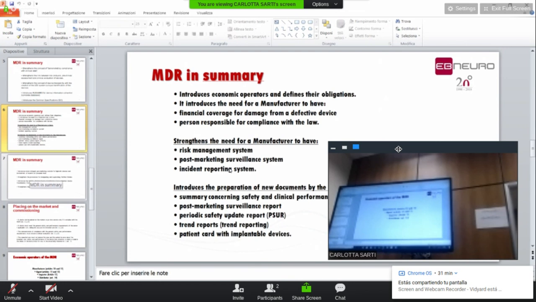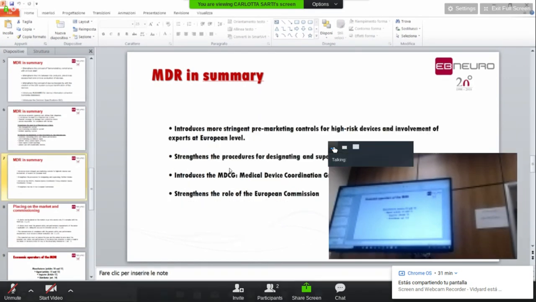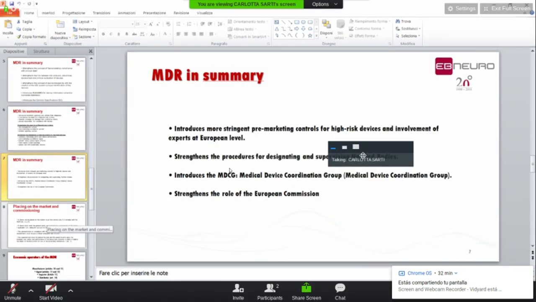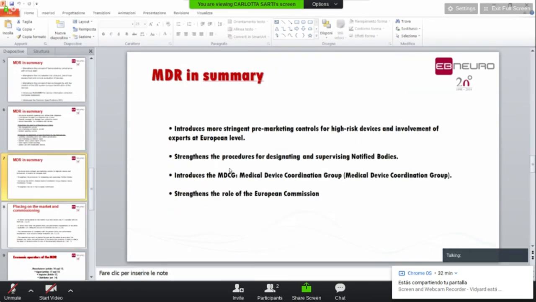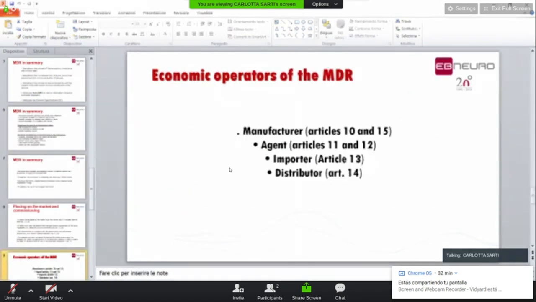In Italy, for example, we sell laboratory medical devices, gastroenterology and urology. We are also importer and distributor. We have all these tasks. If you sell only the binary system, I think you are only the distributor. I think your country also has other questions about your role in this MDR regulation.